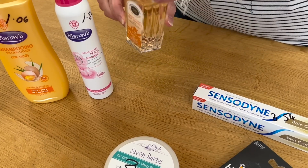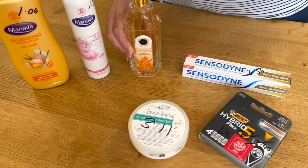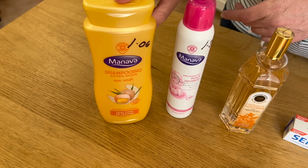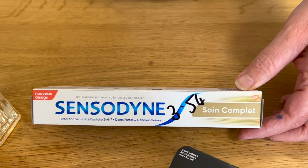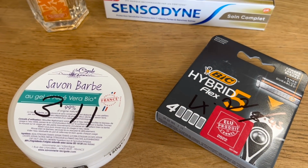And my eau de cologne was £3.95, and that's a proper brand, and £1.37 for the antiperspirant and £1.06 for the shampoo. And then we've got toothpaste for sensitive teeth, £3.54. I bet you that one's imported. That'd be one reason why that one's expensive. And then we've got Mike's,